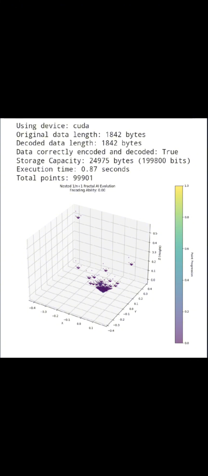Now, apply that to searching this incredibly dense, incredibly complex fractal data structure. We're talking about sifting through unimaginable amounts of data at speeds that, frankly, we barely comprehend right now. So it's not just about storage anymore. It's about accessing information, it's about processing information at speeds that could completely revolutionize countless fields.